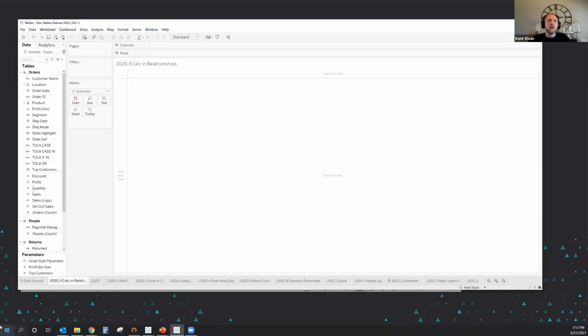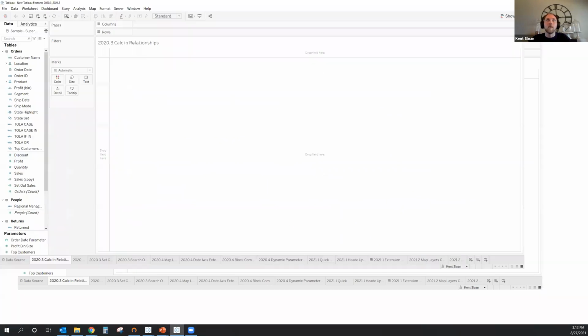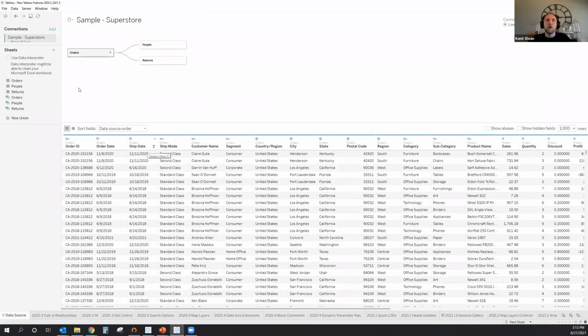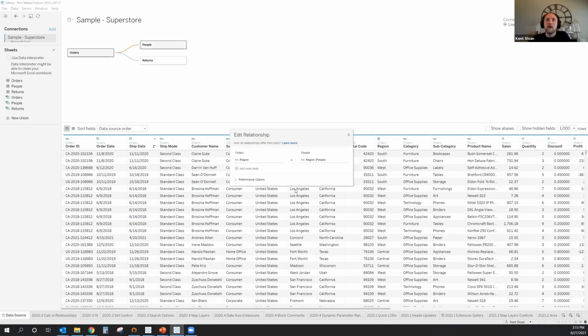So to show each of those now over here inside of Tableau, our calculations in relationships would be if we go into our data window and whenever you see these curved lines, that means you're using the noodle instead of traditional joins. And when we click on the link between two tables, in the past, you had to have these tables set up so that they exactly matched in the fields.